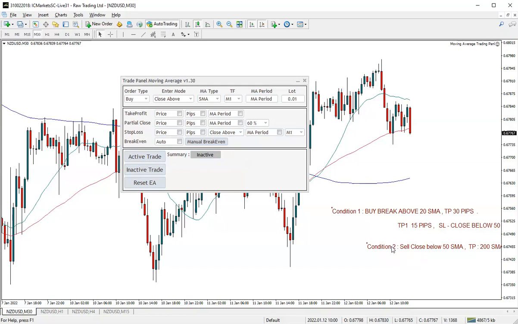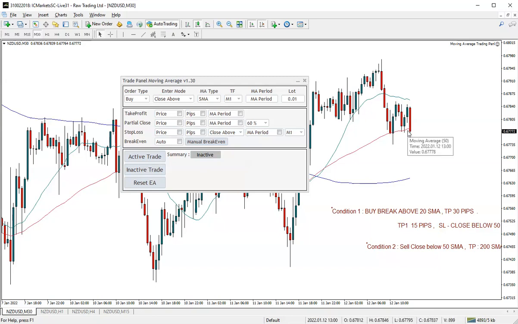Now here I have applied this chart on 30-minute NZD USD, and here we can see the price is between 20 and 50 moving average, and the candle has not closed below 50 moving average yet, and previously 50 moving average was offering support. Now here we can have two conditions: one, price moves above 20 moving averages and goes on continuation, or the price can close, this candle can close below